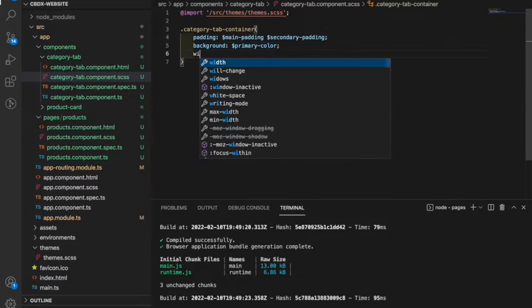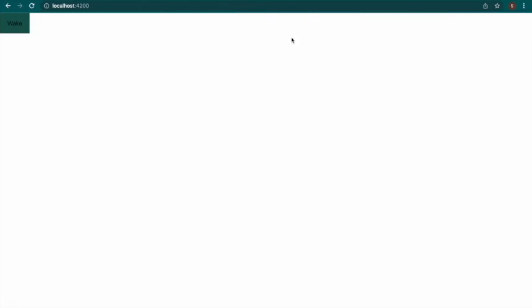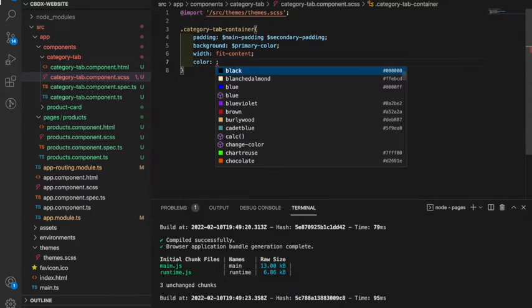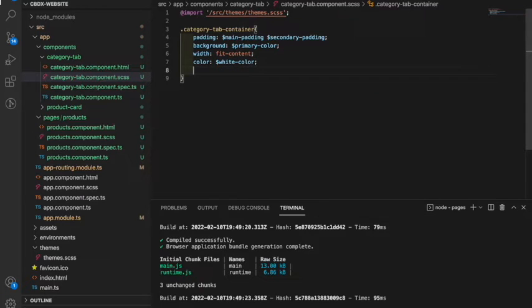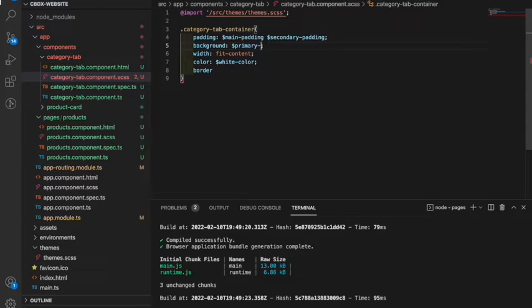But now we want to set the width of this component to fit the content, right? If it fits the content, now we see that we've got this nice looking square that has our actual text, this tab. So now we want to add some color to it, which is giving it just a white color, right? But nah, white is not the solution for us. So what I would want to do is set the background to white, and then set the color of this to this blackish color,